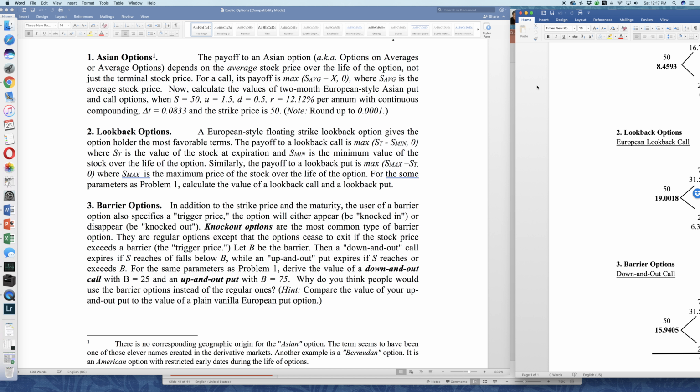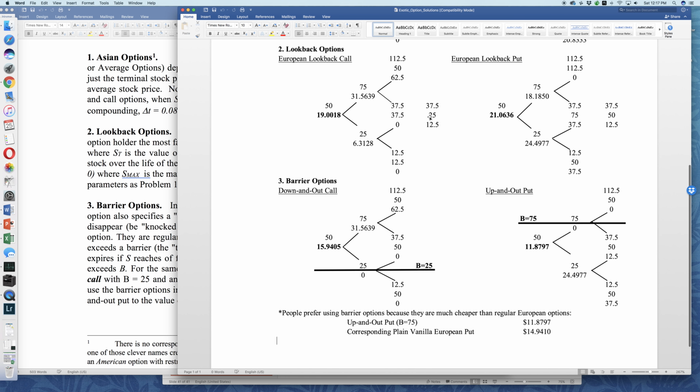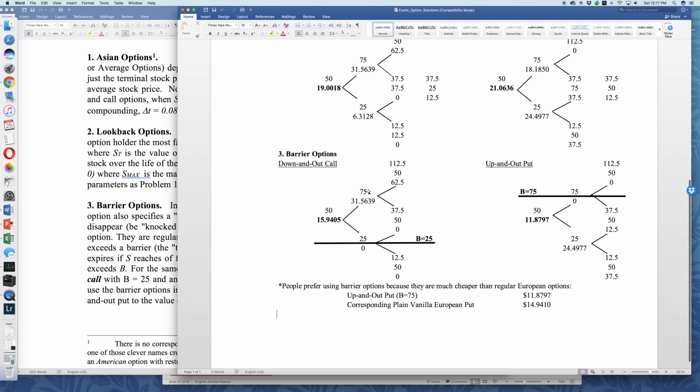Now let's look at the down and out option for this barrier option. They set up the same price. Let's look at the up and out put, the last one. The barrier is at 75. So if you hit the barrier, there's no option. If you're below this barrier, then you have the option. So let's look at this. Now, the up and out put option with the barrier 75 has a value equal to 11.88,